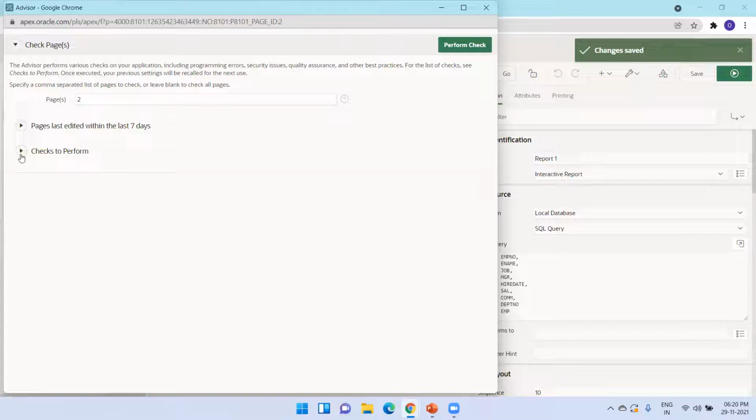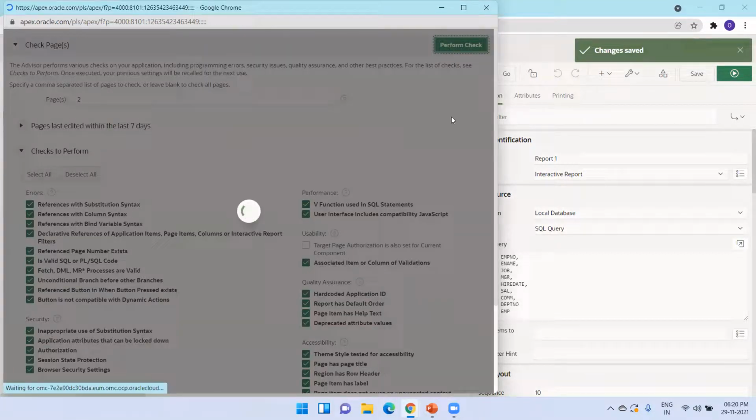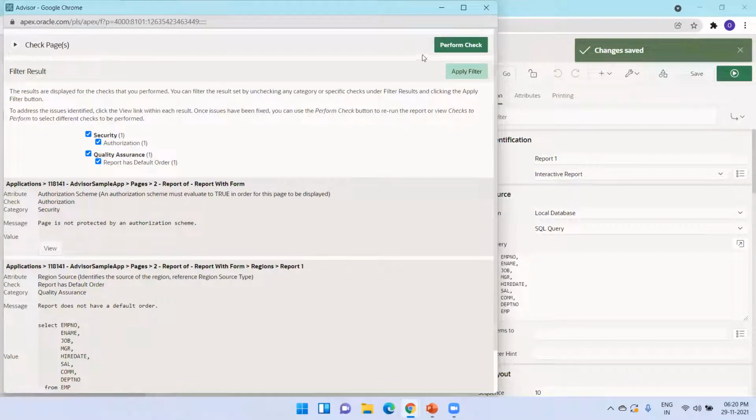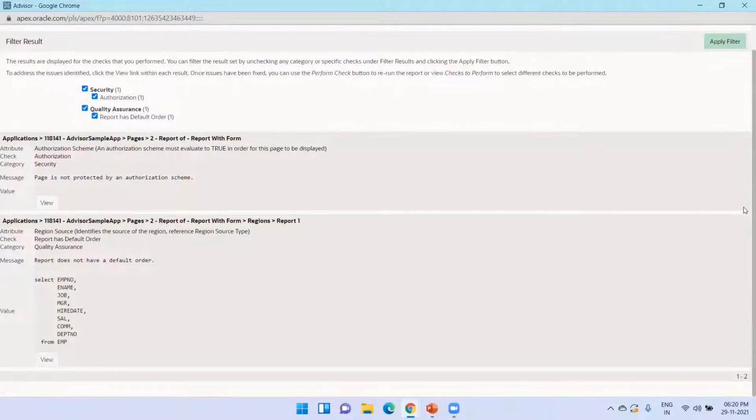You can also enable, expand this, and you can see the list of things which are checked, or you can check or uncheck whichever according to your requirement. As of now, just simply go with the default and click on Perform Check. Now if you observe, because I have removed the order by, as per the Oracle standard APEX page design, it has a lot of functionalities. As per the quality assurance, it says something is missing,